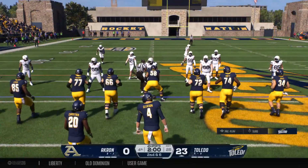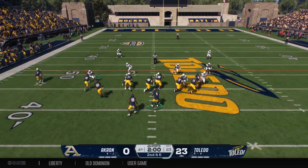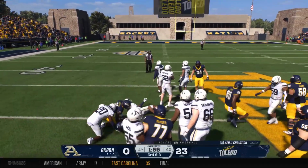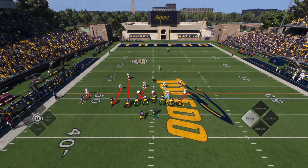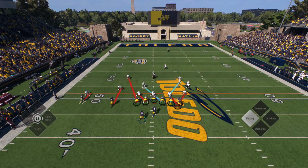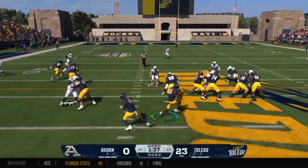Ready up. Line getting set on 2nd down. Spider. And off from the shotgun. And they're able to shut him to the turf as they stop him for a short gain. The Rockets are at the line looking to convert on 3rd and short. They'll move the tight end. They'll try to pound